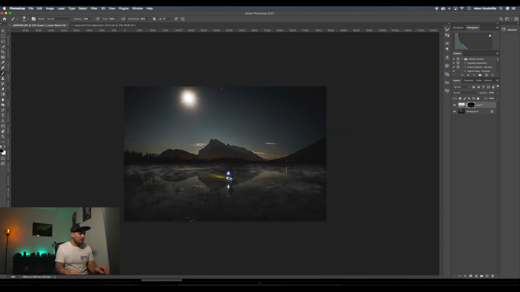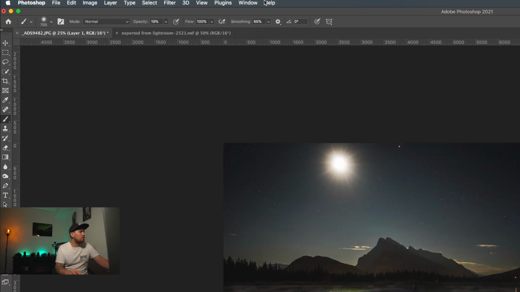And then again, if you think that's too much fog just in the background here, you can do the same thing: make it into a black brush and just go over it, and it'll take away the thickness of it. Okay, nice and simple. So another thing that we're going to do for this layer here is come up to